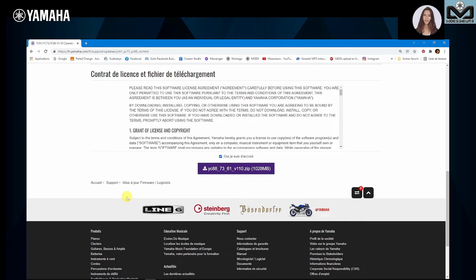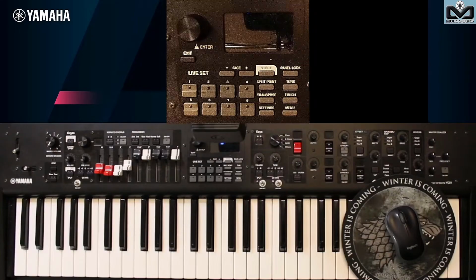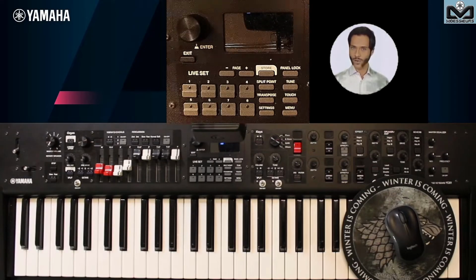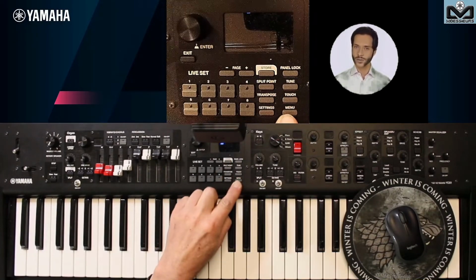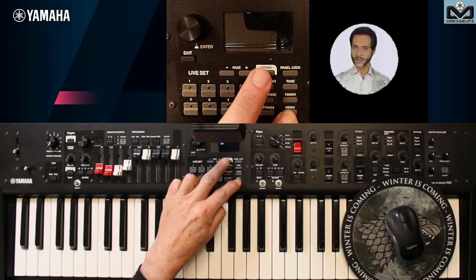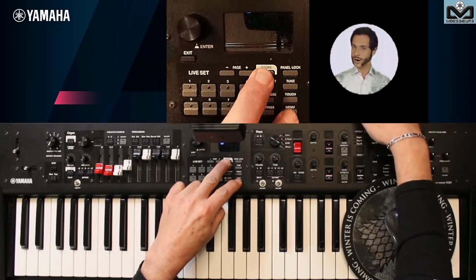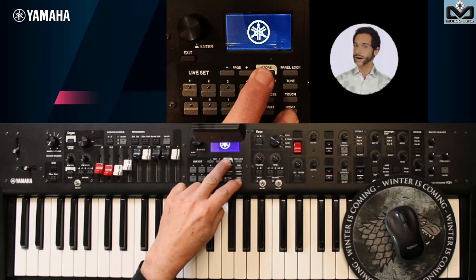It's reduced in size compared to the final version, and the update will take much more time for you with the final OS 1.20. To start updating, you must have your YC unpowered. Insert the USB key in the USB to device port. We will now use 2 fingers and press simultaneously on the menu and store buttons, keep them pressed. At the same time, turn on your Yamaha YC.